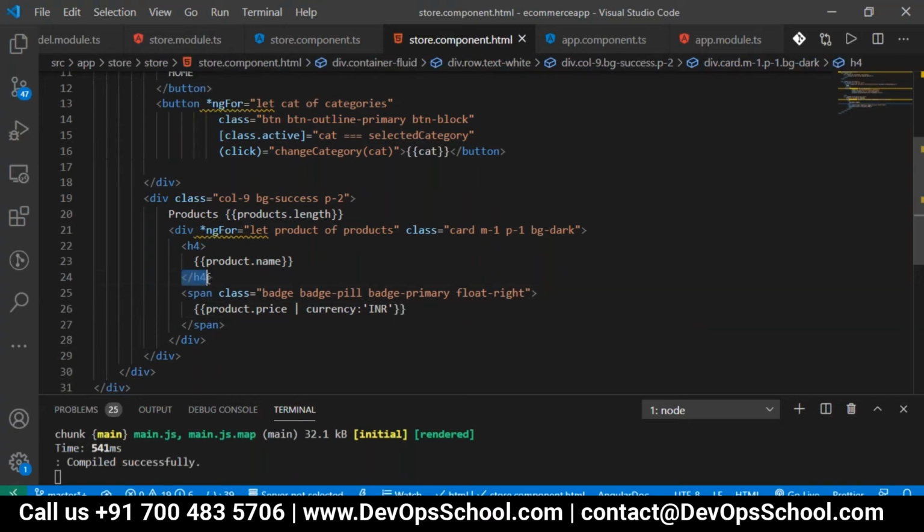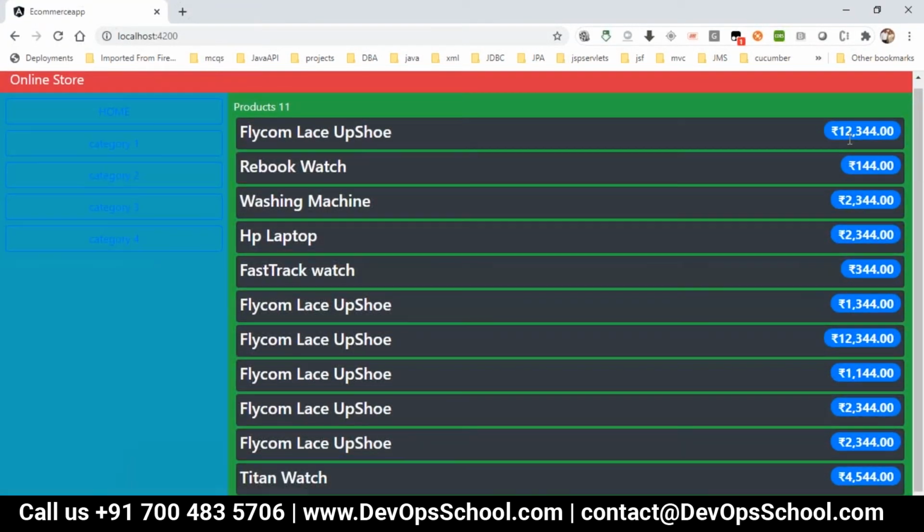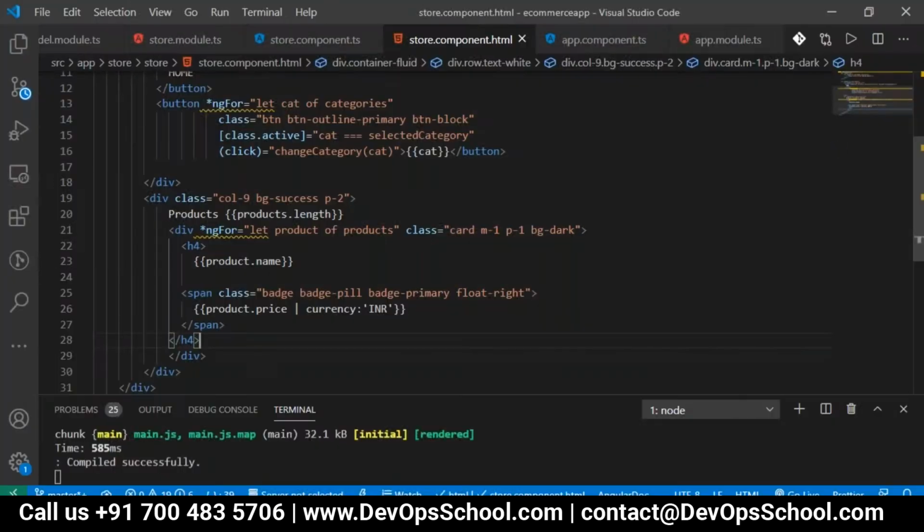So I'll keep all these things inside of an h4 itself, just to keep a good look and feel. Yeah. So here the price is coming on the right now because we gave float right. So after that, I want to give a product description and all.